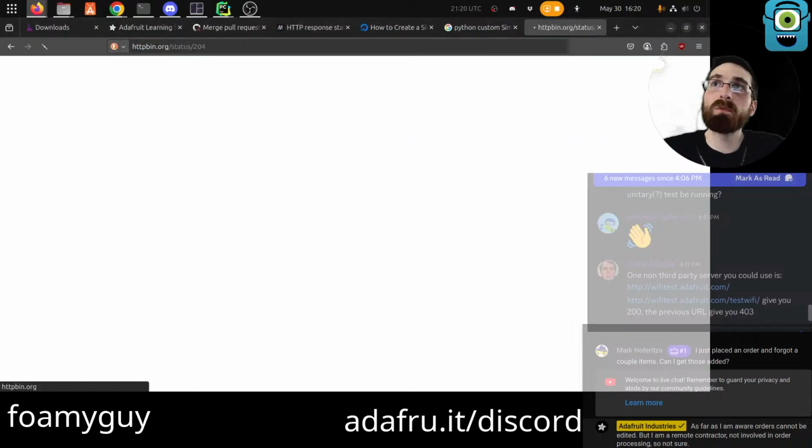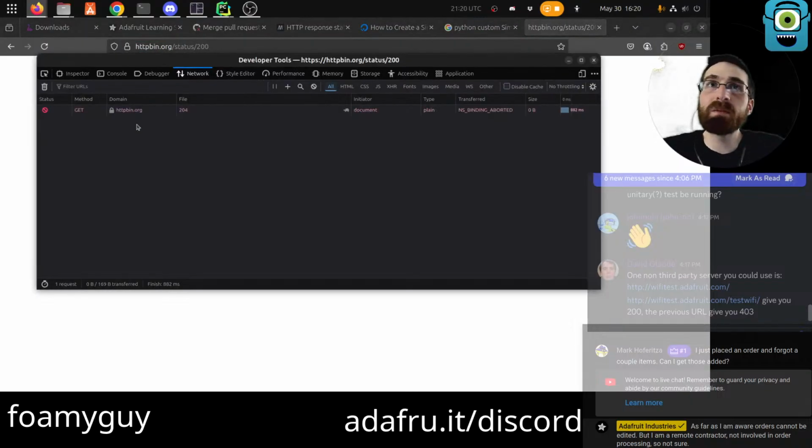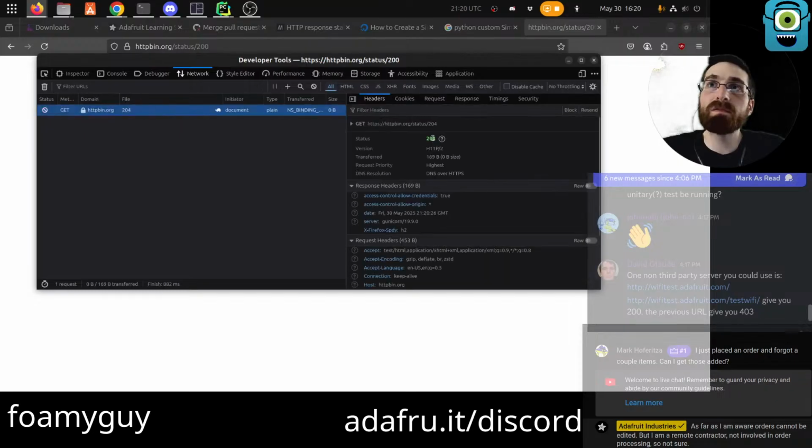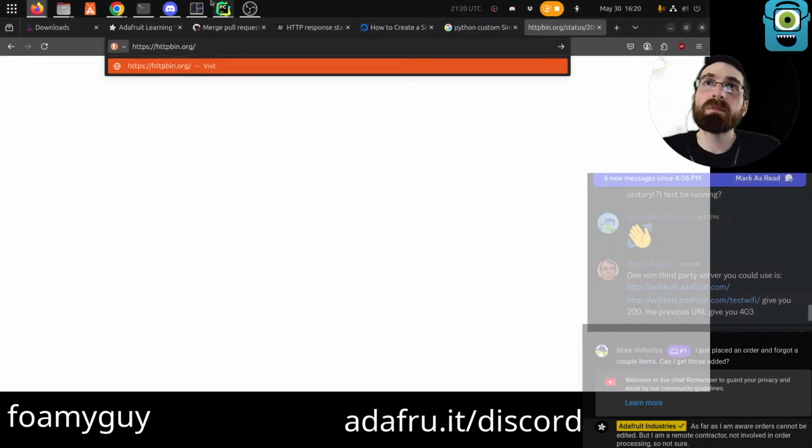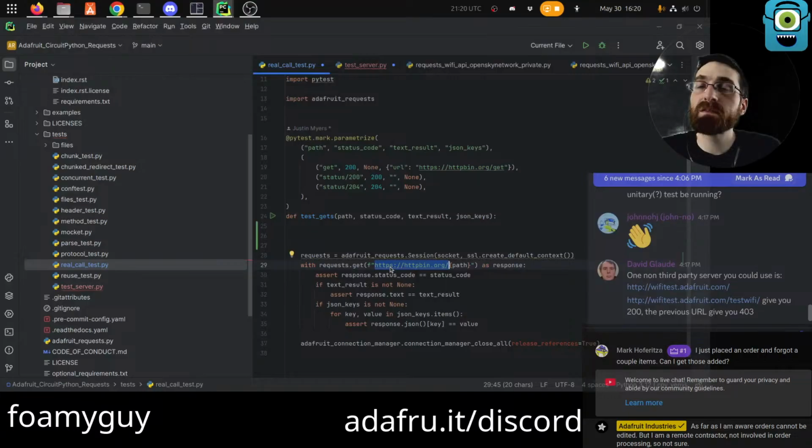And so 204 would do pretty much the same thing, but that one's going to give us a 204 status. Interestingly, Firefox seems to count that as bad, but I think it's fine. And again, in this case, it actually doesn't have content length, which was the original bug that was getting fixed that led us down this rabbit hole. Okay, so those don't need to do anything special, really. They just need to reply with the correct status code. This one can have a content length. This one doesn't need it.